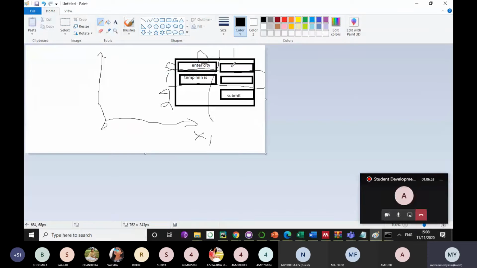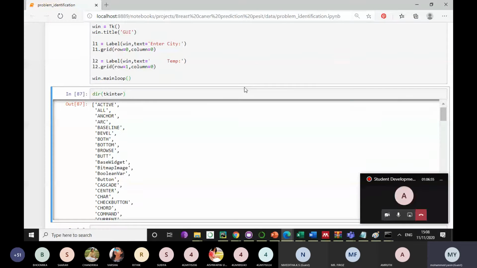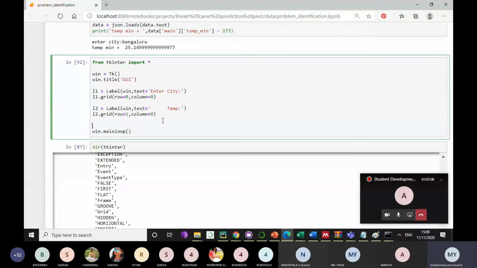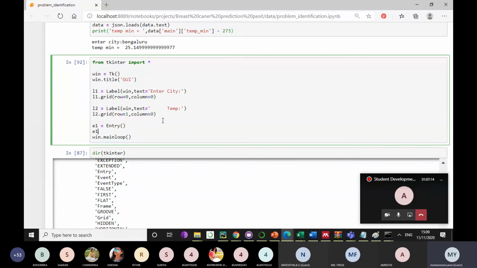Okay, the next thing I need is two entry boxes over here. So E1 is equal to Entry. In Entry, I need not write any text, but I need to specify the grid and which window it should belong to.